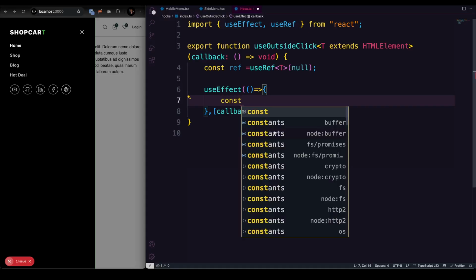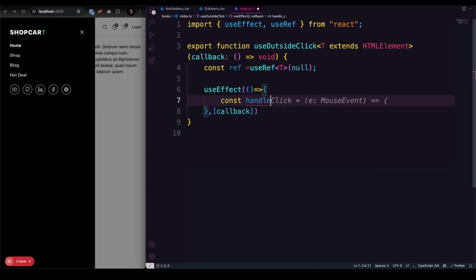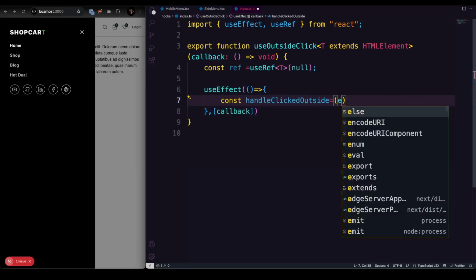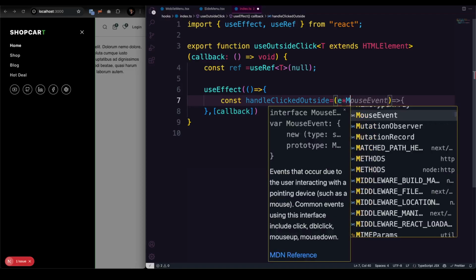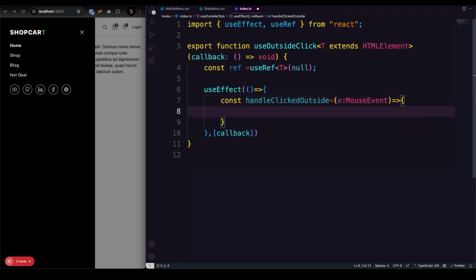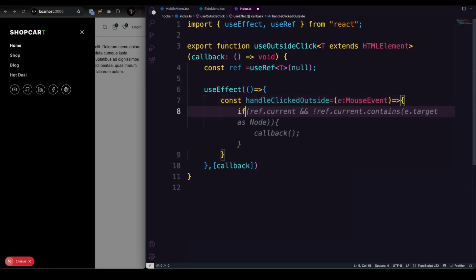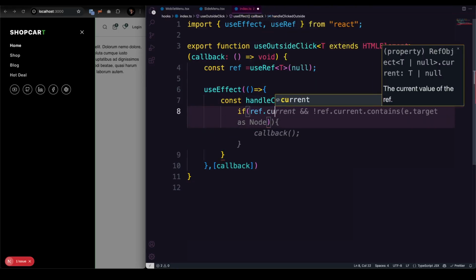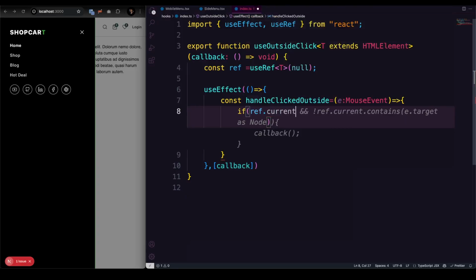So now we're going to make a simple function, handleClickOutside. Okay, I don't want that autocomplete to be done. And here we can just simply make an arrow function. E should be, let's say, a MouseEvent. And from here we're going to make a scenario: if ref.current, so the reference is there, and if not,